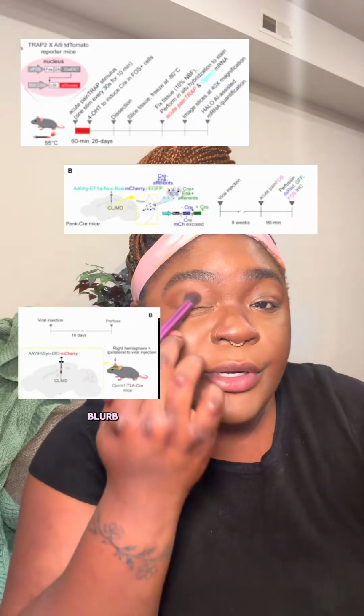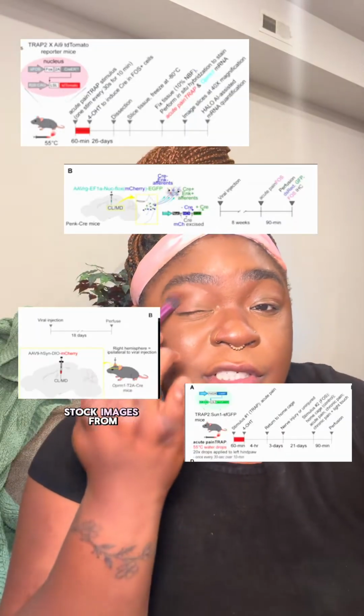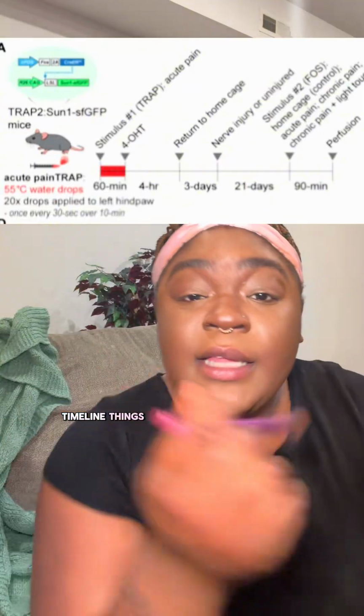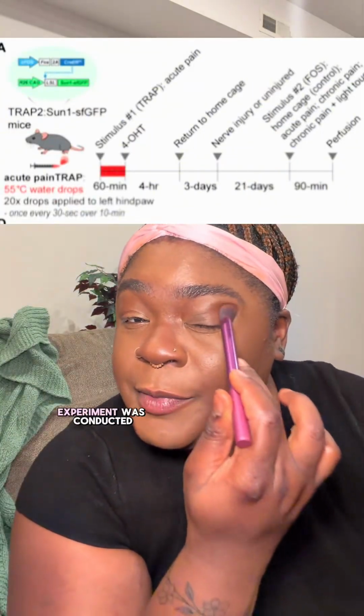For each panel, I include a little experimental design blurb. I got a lot of the stock images from things like BioRender and BioIcons and stuff like that. I would use those stock images, just like some basic timeline things to show people exactly how the experiment was